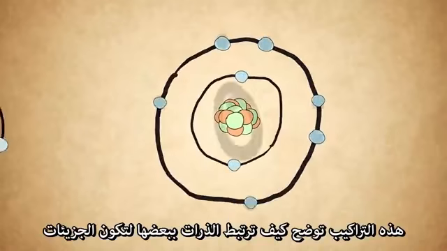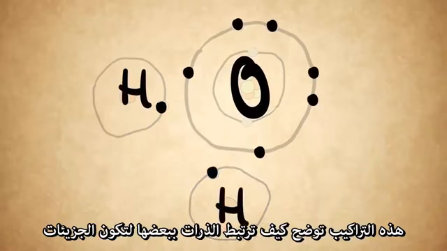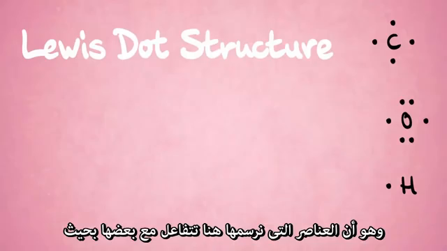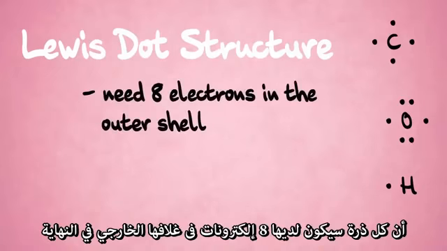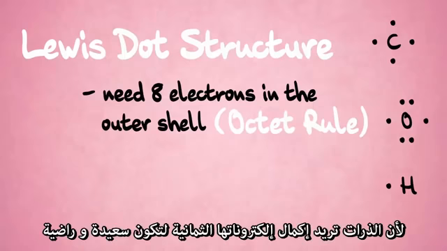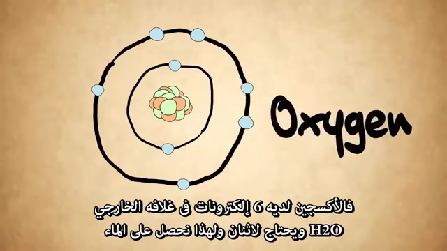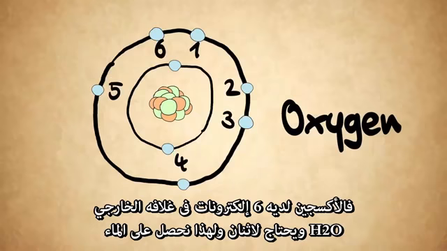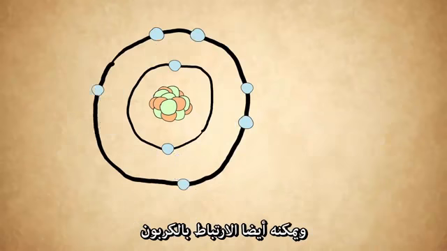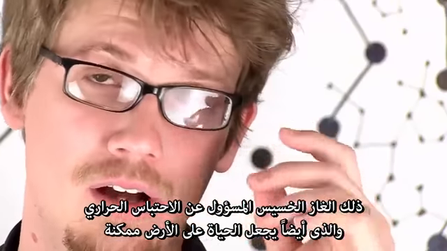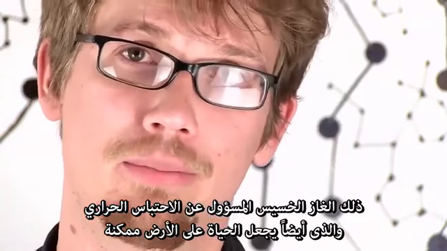These structures basically show how atoms bond together to make up molecules. And one of the rules of thumb when making these diagrams is that the elements that we're working with here react with one another in such a way that each atom ends up with 8 electrons in its outermost shell. That is called the octet rule, because atoms want to complete their octets of electrons to be happy and satisfied. Oxygen has 6 electrons in its octet and needs 2, which is why we get H2O. It can also bond with carbon, which needs 4, so you get 2 double bonds to 2 different oxygen atoms and you end up with CO2. That pesky global warming gas, and also the stuff that makes all life on Earth possible.